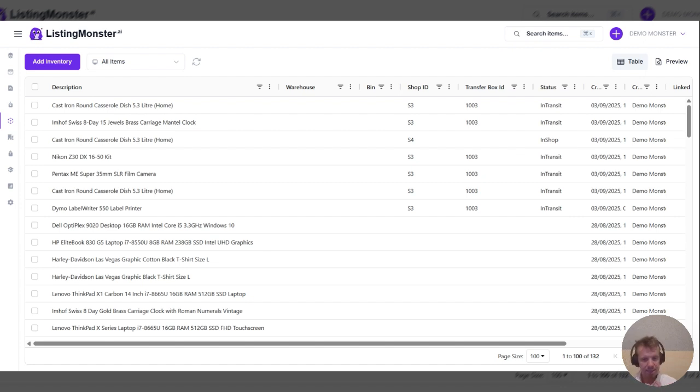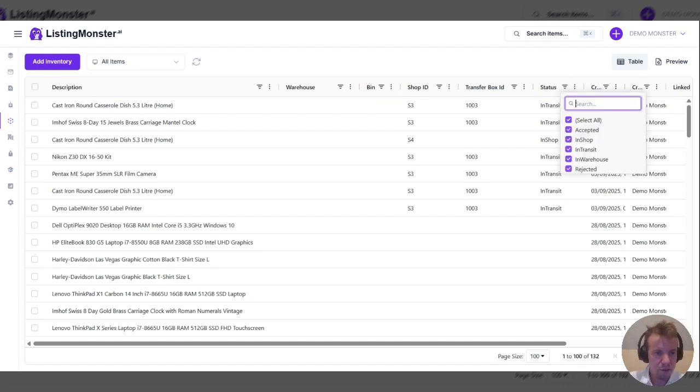And as item statuses are updated by each person along that flow, shop manager to check-in staff at the warehouse, to different stages of the warehouse, for example, check-in, photography, listing, put away, pick and pack, their actions, either via manual entry or via barcode-driven scanning, would be updating the status of these items and moving them on to the next stage. So for example, the view we might configure at the warehouse side might be